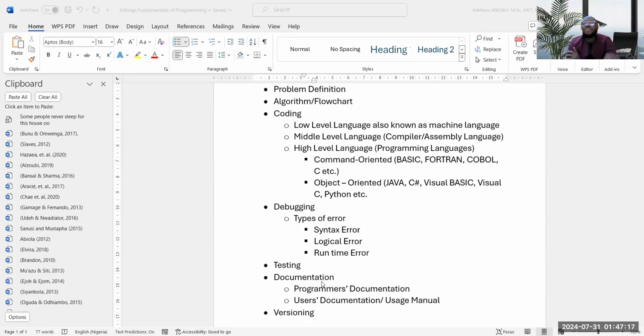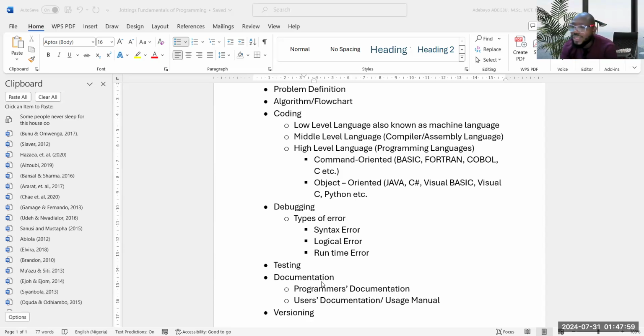Having seen that your program is doing what it's supposed to do, you now go to the next step, which is documentation. What is documentation? Why do we need to document? The kind of mental effort and time it takes to write the program requires that anytime you go to that program again, you must be able to understand what you did. And you should do it in such a way that if another programmer goes there and has an ethical need to make adjustments, to correct one or two things, or to add to it, it is made easier by the level of documentation that you have there.